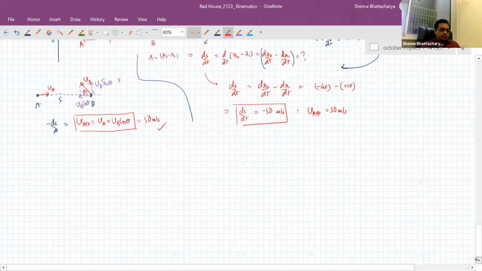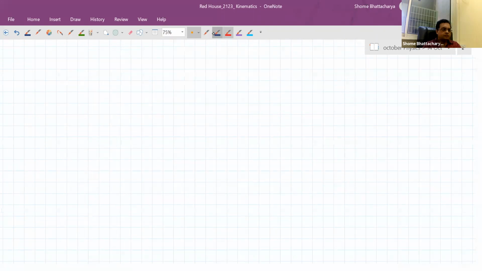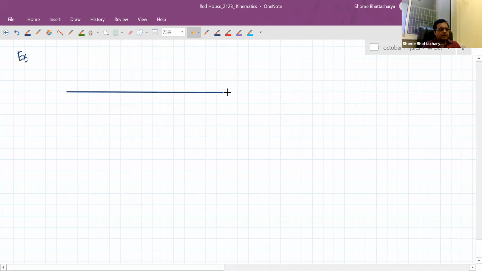Okay, so let's just look at a couple more examples of this, and then we will look at how we can apply this in a number of different situations. This approach and separation velocity concept actually becomes very useful, not only in solving kinematics problems, but even in solving things like constraint relations, which you have seen in Newton's laws of motion, etc.